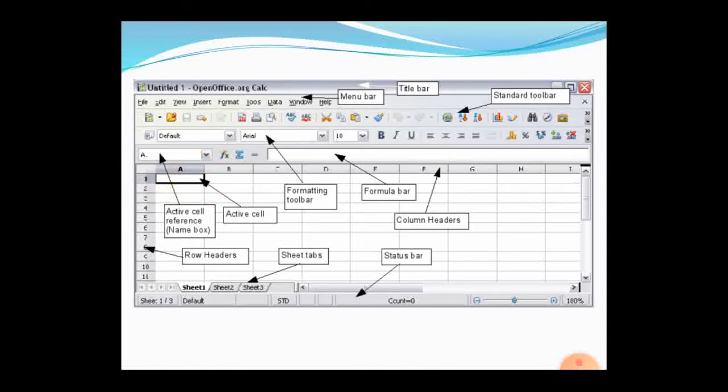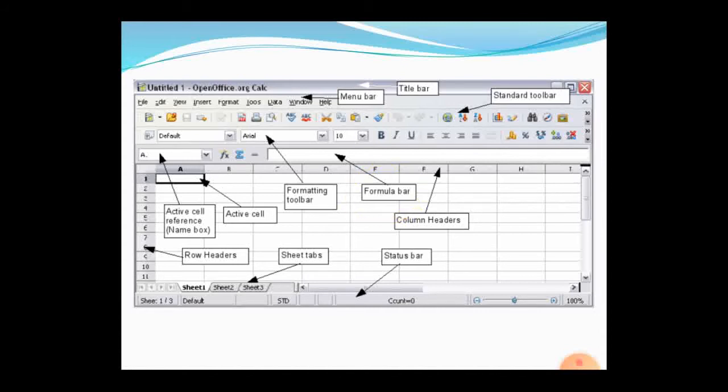So A1. Okay. Then the next one is the formatting toolbar. Formatting includes changing the font style, sizes, etc. The next new one is the formula bar.